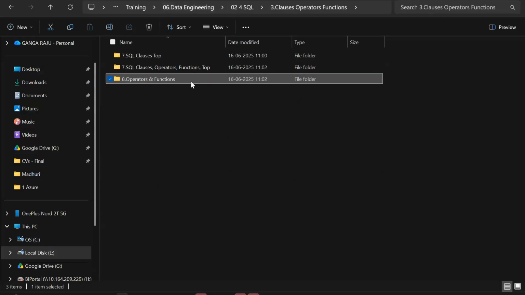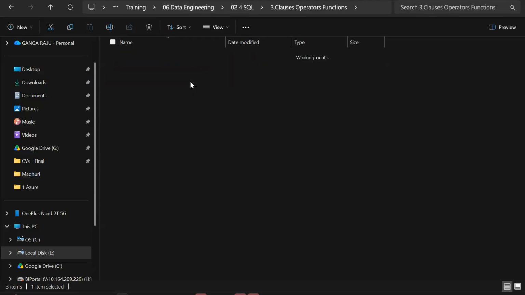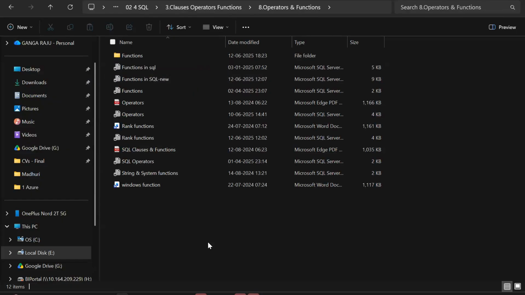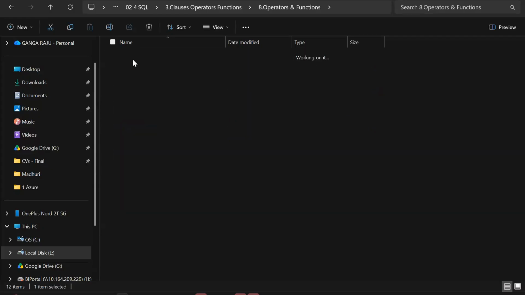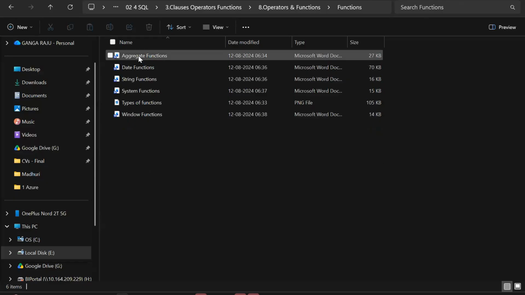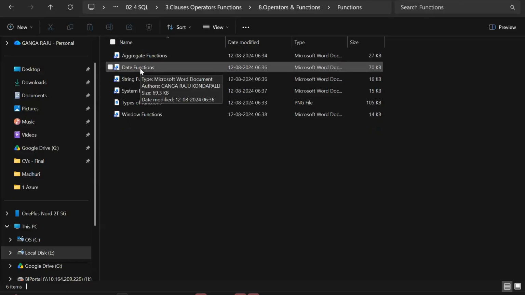So that is the other question: what is the window function, sir? Why are we calling this a window function? For a specific time period, if you write the rank, how many people are there, ranking the people, those kinds of things we call window functions. Generally, these all come under functions. We have different kinds of functions here, like aggregate functions. An aggregate function is nothing but sum, average, and